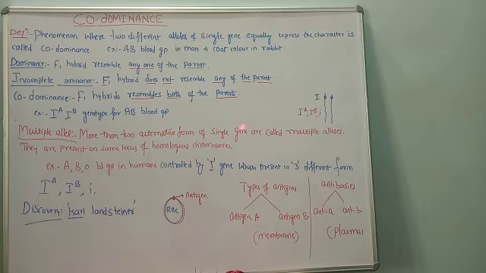So far what we have discussed, a single gene can produce only two alternative forms. Best example, capital T and small t. These are the only two alternative forms. We have understood the allele. But a single gene can exist in more than two alternative forms. That is called multiple. Multiple means more than two. So the more than two forms of the allele of a single gene are called multiple allele.